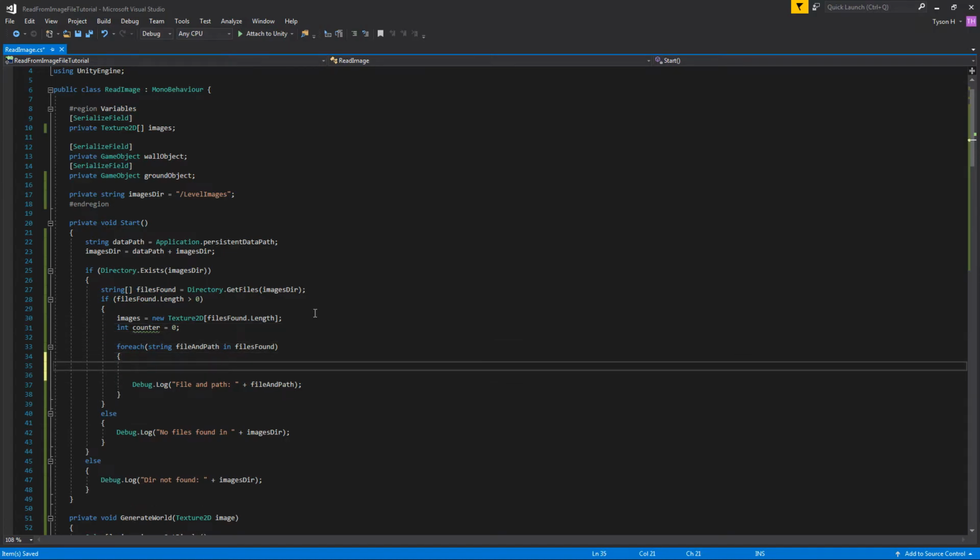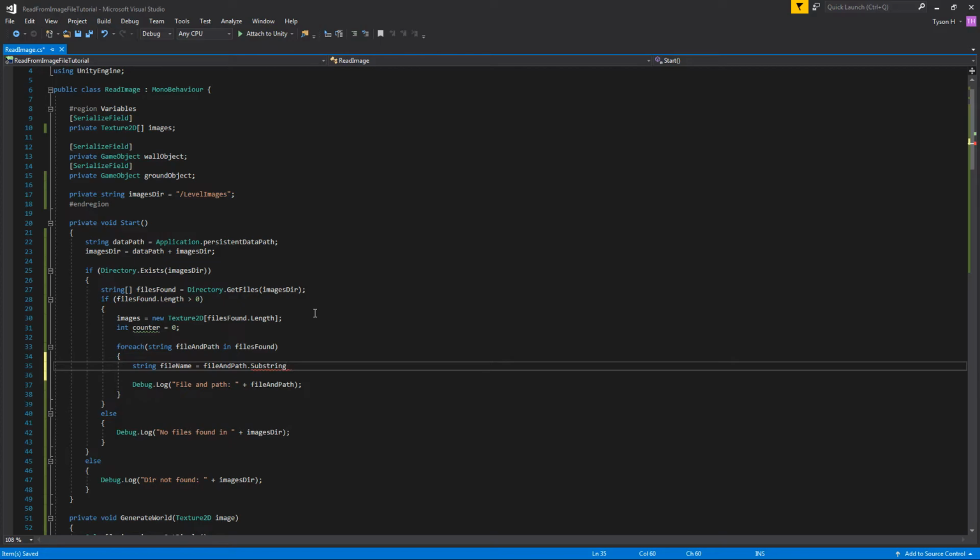So there's a couple of things we need to do in this. As we saw, the string we're getting is a little bit strange. The file and path string we're getting back is a bit odd. We're getting a strange sort of slash in there. We're getting the backslash instead of a forward slash, which isn't what we want. So what we're going to do is we're going to say that string, we're going to use file name. Here's us getting an individual file. It's going to be file and path